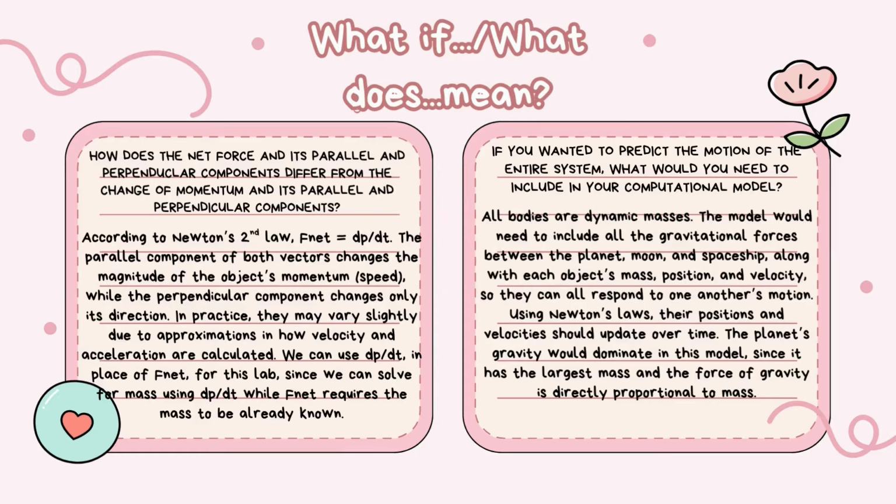Now for our discussion part of this lab, the what if and what does it mean? So our what if question was, how does the net force and its parallel and perpendicular components differ from the change in momentum and its parallel and perpendicular components? Well, according to Newton's second law, the F net is equal to the change in momentum over the change in time. The parallel component of both vectors changes the magnitude of the object's momentum, while the perpendicular changes only its direction. In practice, they may vary slightly due to approximations in how velocity and acceleration are calculated,